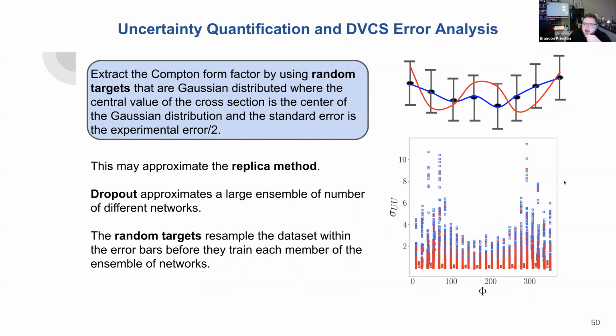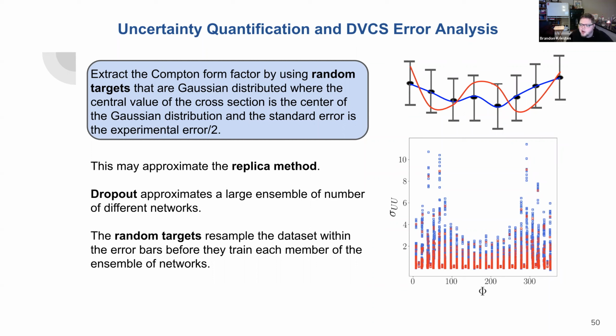I am not going to talk about this too much in depth, but the question I most often get asked when using machine learning is, well, how do you know what the error bar is? Is machine learning adding in some sort of error, or how do you know how you're propagating error, and is this correct? So this is something in machine learning that we call uncertainty quantification.